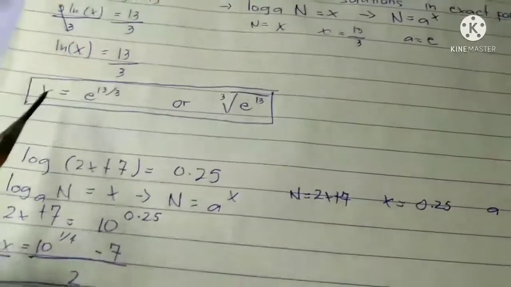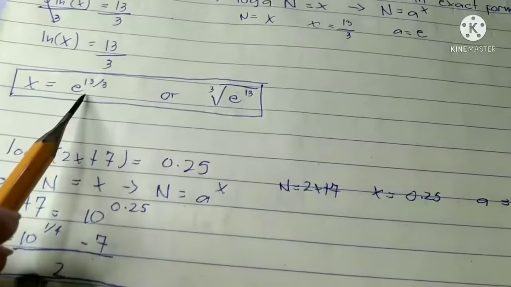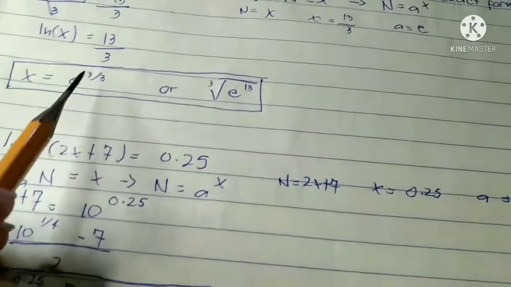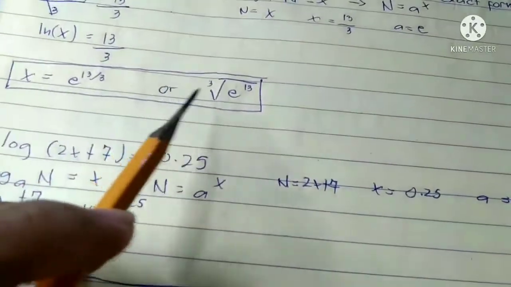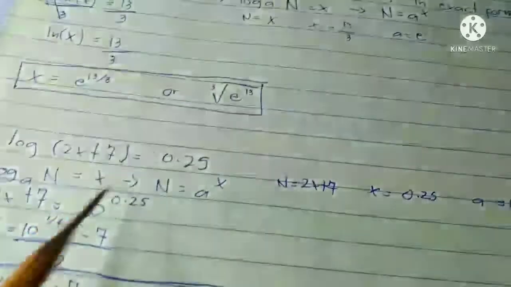Then we will get x is equal to e raised to 13 over 3, or